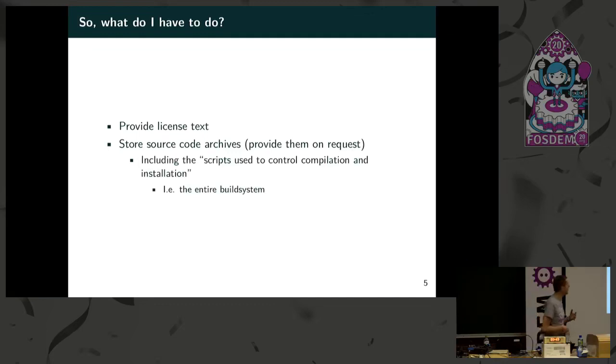By the GNU GPL wording, you have to also include the scripts used to control compilation and installation, which is the makefile, CMakeLists, or configure.ac, whatever. But if you're using a build system, it is also something that controls the compilation. So this is a bit debated, but according to at least the official interpretation of the Buildroot developers, the build system is included in the scripts you should provide. Okay,